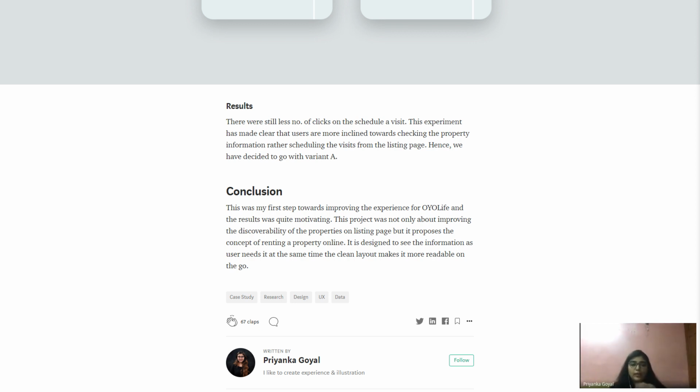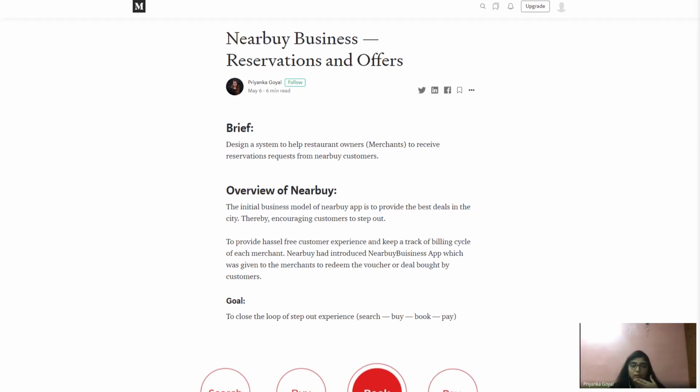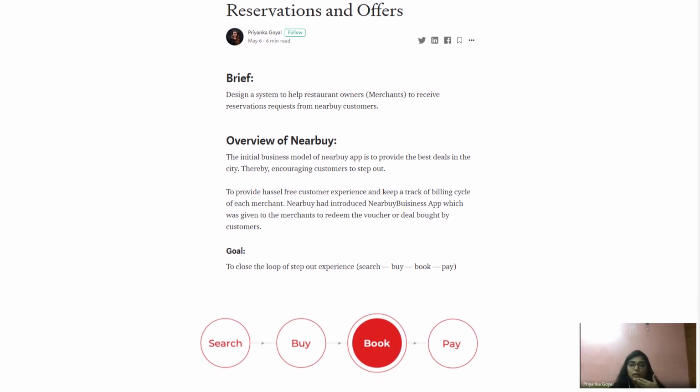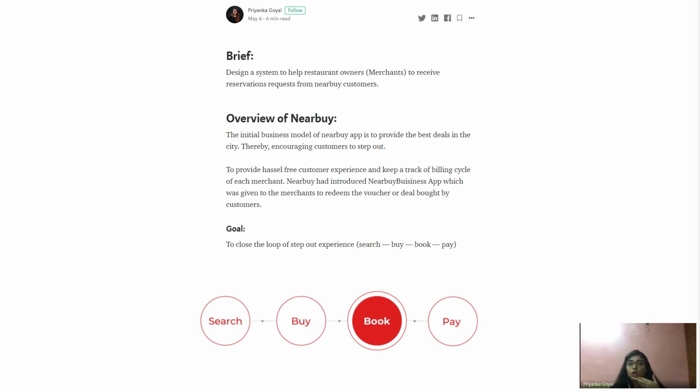The other kind of case study is infographics. I'm going to show you one example from my own case study. Because this was a long case study, I came across a question here where you asked what to do if the case study gets very big. Try to go with infographics, because this was a very big case study, a 6 month project, so obviously it was huge. Accordingly, I added a lot of infographics in it.